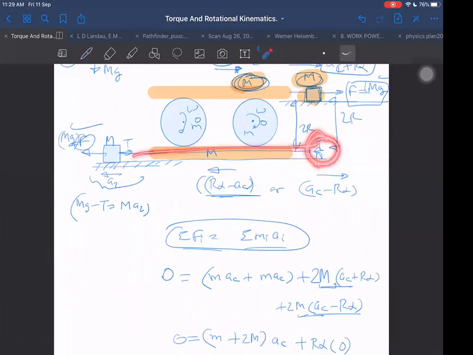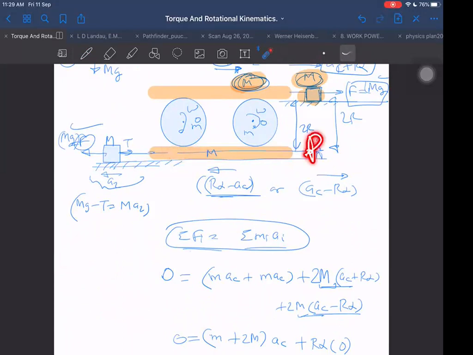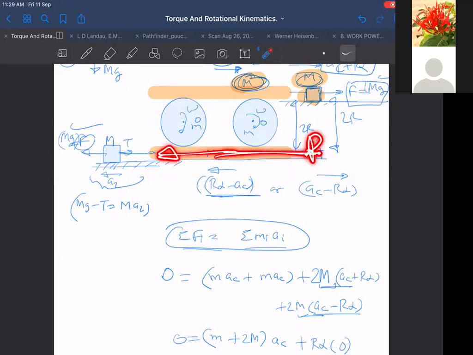It is 0 only due to this. Why will it be there? Because the momentum line is passing through this point P. R cross P is the formula. What is R cross P coming out to be? For a non-rotating, translating body, R cross P is the formula. So R cross P will become 0 or not? Yes, with respect to this point, the line of momentum is passing through that point only. When the line of force passes through a point, torque becomes 0. When the line of momentum passes through a point, angular momentum becomes 0. Total angular momentum may not become 0, but the angular momentum due to the R cross P term becomes 0.